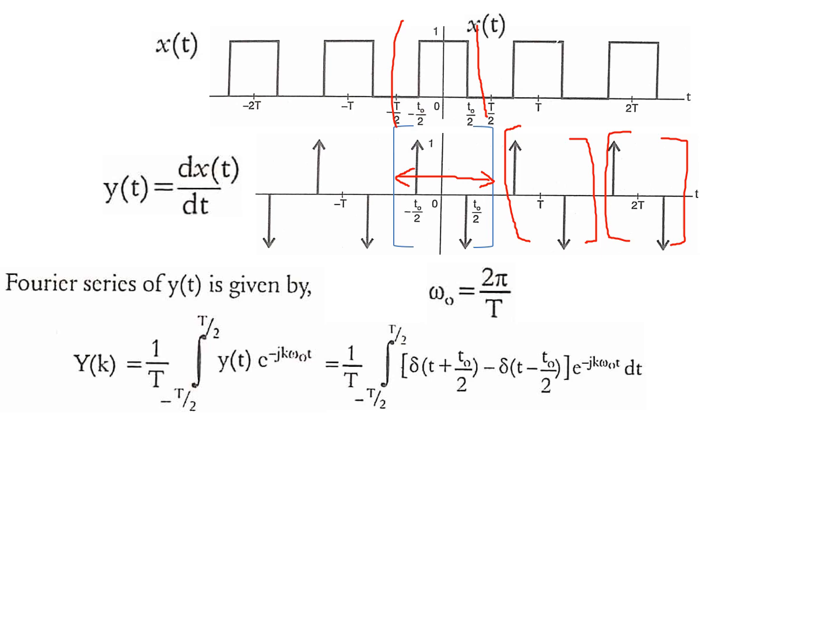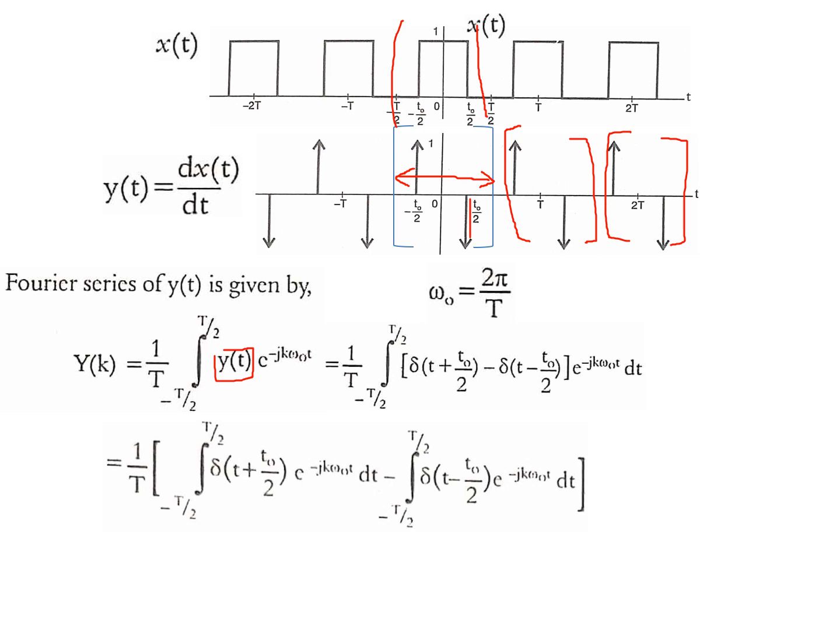See, y(t) is this graph. I am writing the positive impulse which occurs at -T0/2, that means δ(t + T0/2). This is given in the problem itself. Therefore I know the location of this impulse. The negative impulse occurs at t = T0/2, therefore minus δ(t - T0/2). So y(t) = δ(t + T0/2) - δ(t - T0/2). This is the signal value y(t), then integrate it.